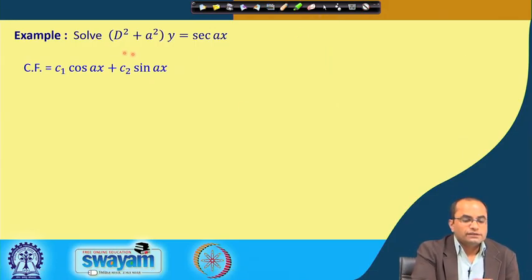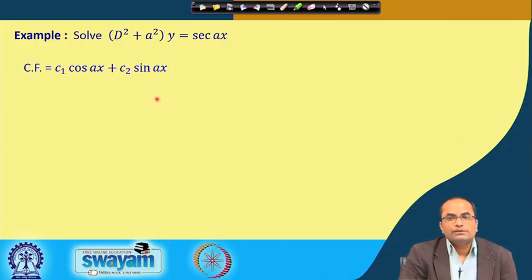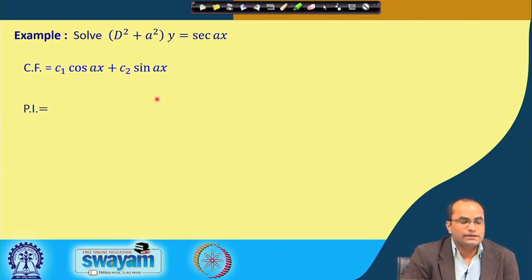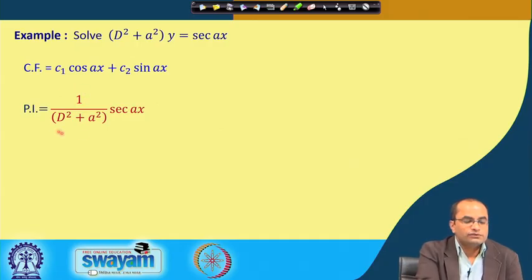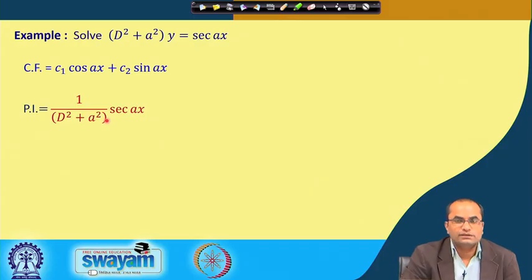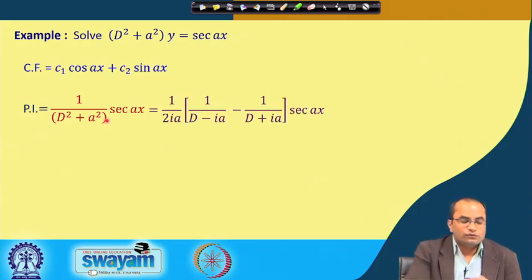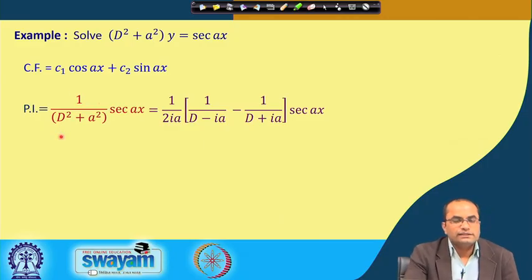To find the general solution, we need the complementary function and we need a particular solution. To find this particular solution, we will apply the idea discussed in the previous slide. So, we have the inverse operator 1 over d square plus a square operated on sec a x. What we can do here is write d square plus a square as d minus